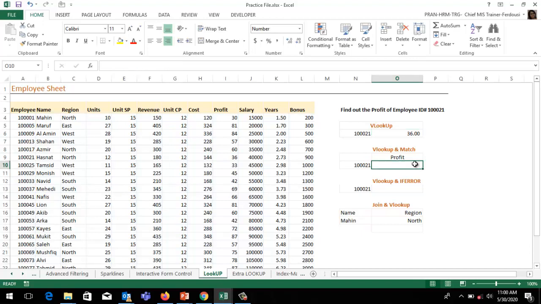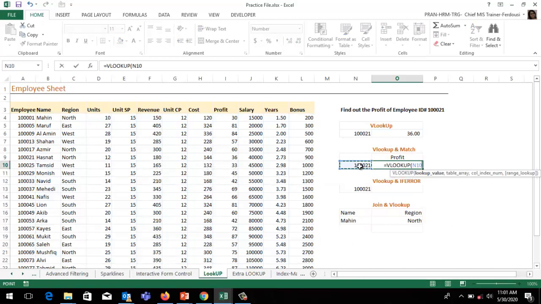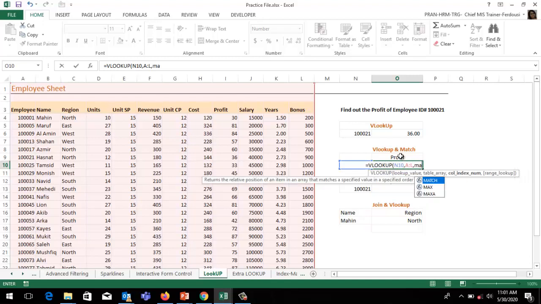Now we'll use the combination of VLOOKUP and MATCH functions. Use VLOOKUP. Find this value from this location to this location. If it is to match profit, use the MATCH function. Lookup value, that means I would like to find profit, then comma.